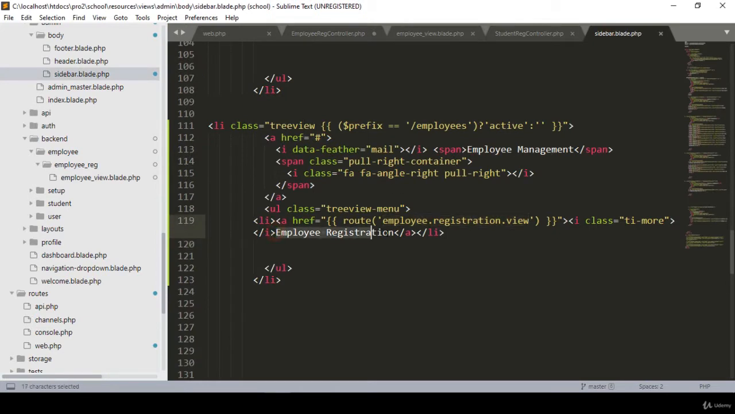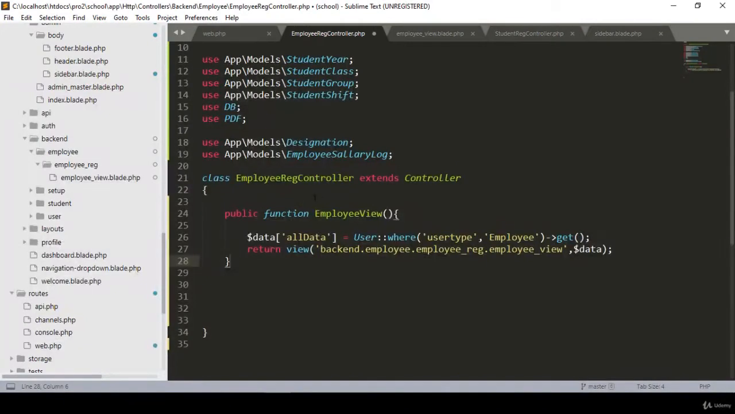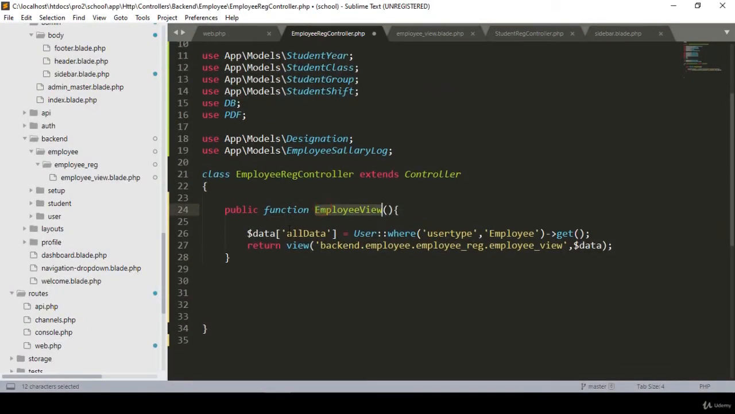I named it employee registration, right? So that is our employee registration menu. In the web route, I have created one controller, the employee registration controller, and that is our name. I put one URL, and here I have created one method, the employee view method. So in the employee registration controller, I have created the employee view method, and in the method